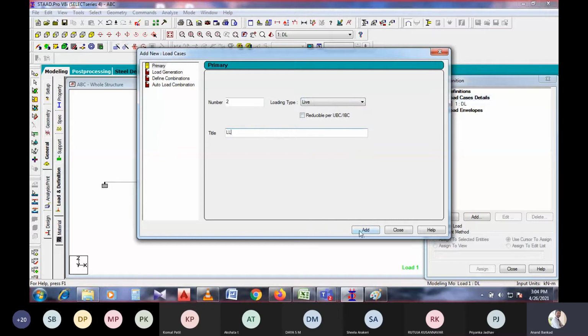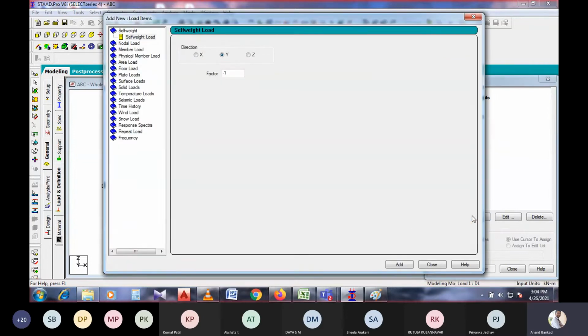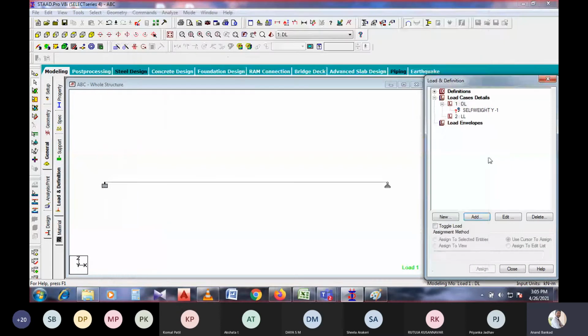Later I will consider a live load and just add it. So the load cases are live load and dead load. In this dead load, I need to add the total load per member. Dead load I am considering as the self weight. Self weight is nothing but the dead load. I will just add it and close it.